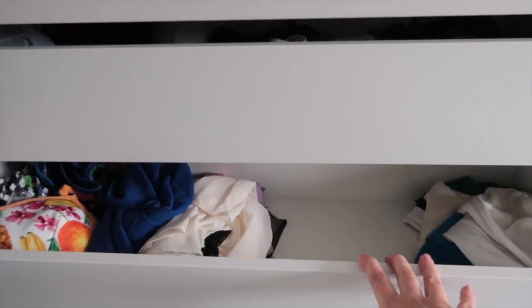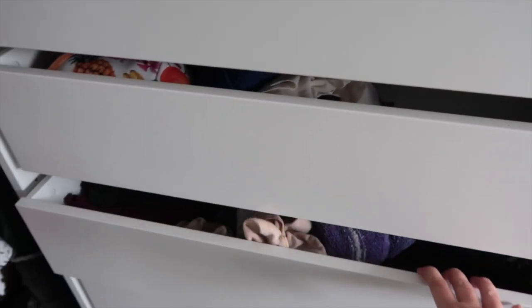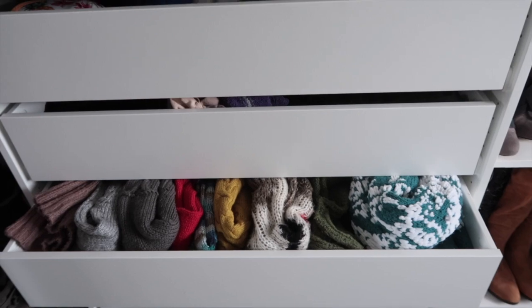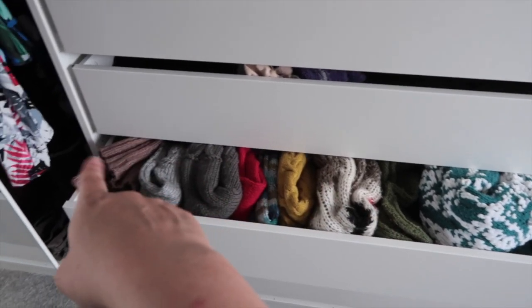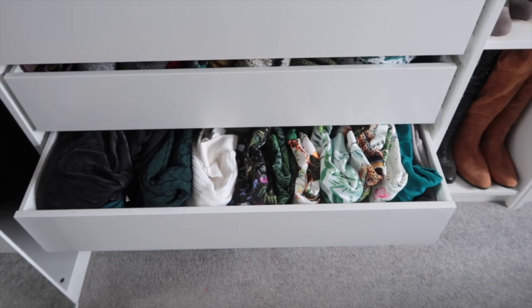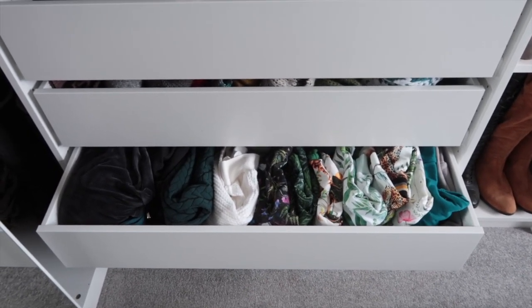We have swimwear and sleepwear in this one. Next, socks and tights and fancy tights. All of the very lovely jumpers that I own. Majority of these are knitted by mum. I think these 2 here and these 2 at the end are shop bought, but those 3 and those 2 are knit by mum. Then we have my collection of basically, I think it's McCall's